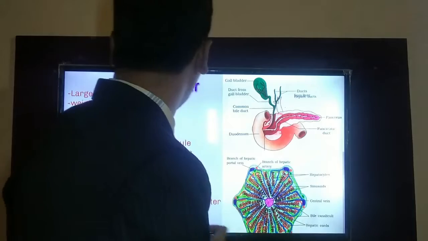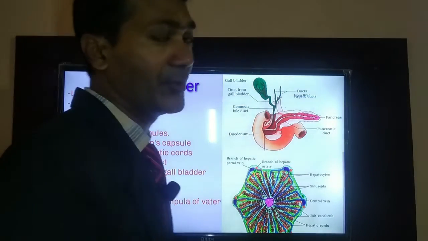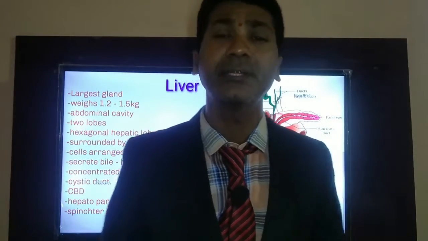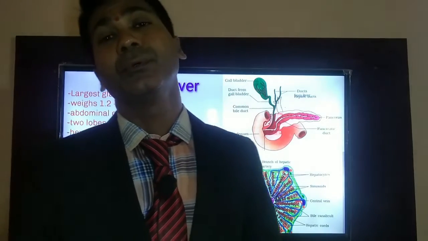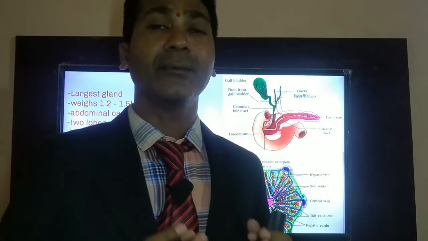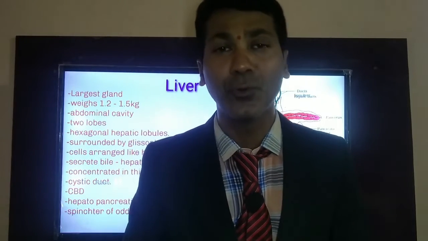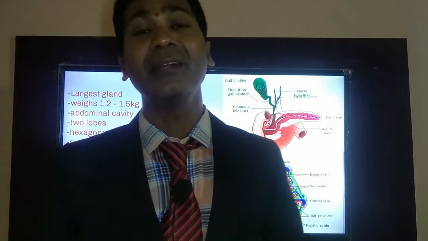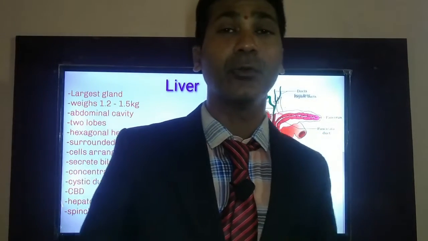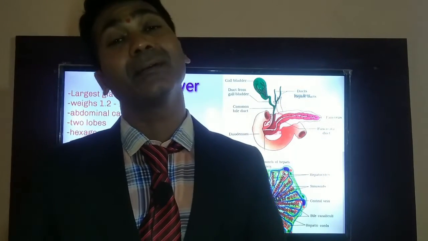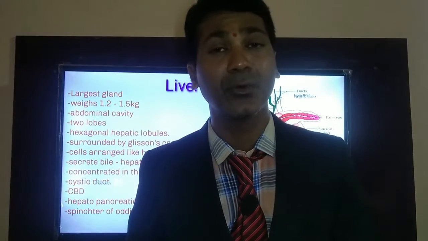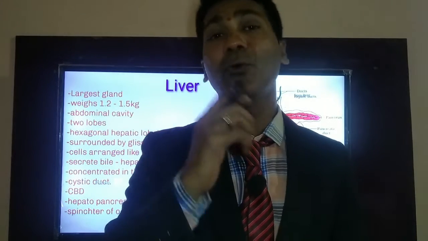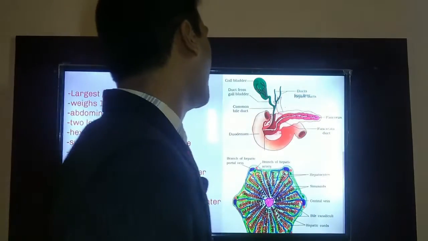The liver is located in the abdominal cavity below the diaphragm, attached to the duodenum. The liver is basically divided into two lobes, known as hepatic lobes: the right hepatic lobe and the left hepatic lobe. The right hepatic lobe is larger than the left, whereas each lobe contains several compartments known as hepatic lobules.